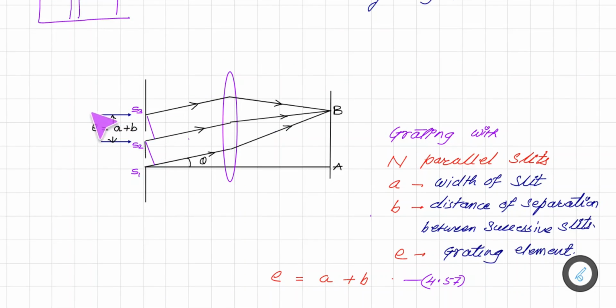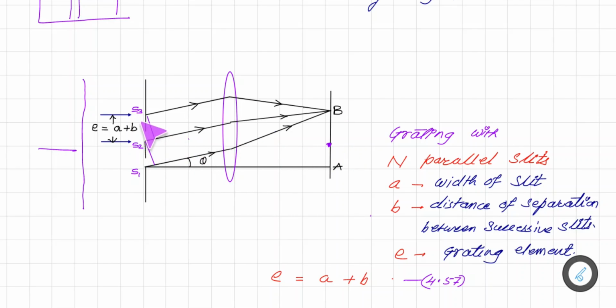Now let us consider that from this side a plane wave front is incident on the grating. Obviously as this is a plane wave front, it will travel in this direction, and we can understand that through slits some of the rays will directly be incident on the lens, where after refracting they will be focused at a particular point where they will form a maxima. So let us consider this is the point when rays pass straight.